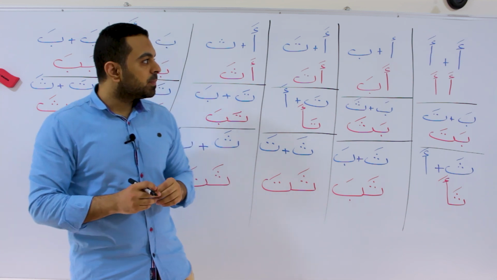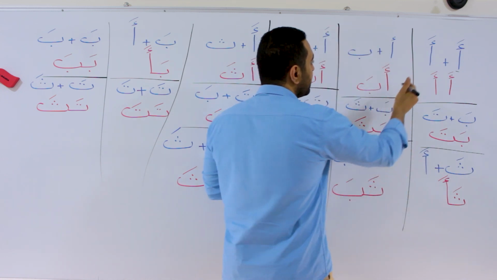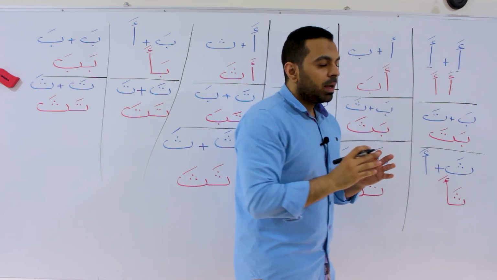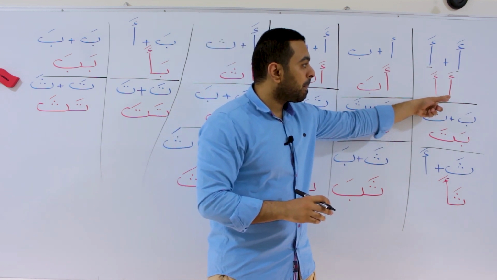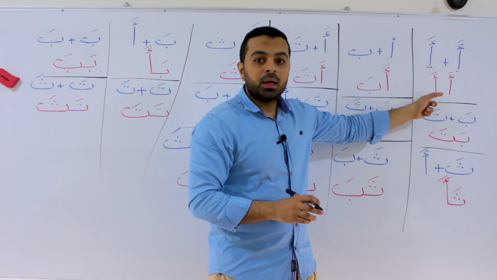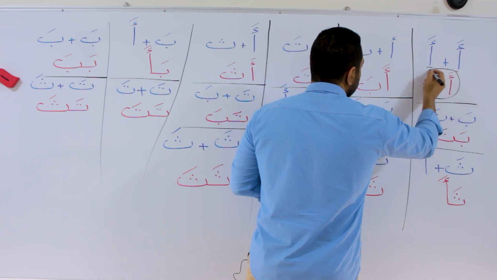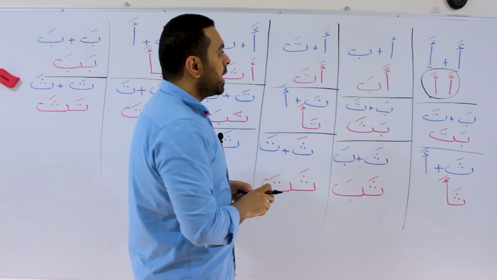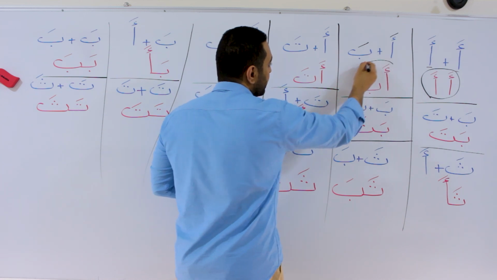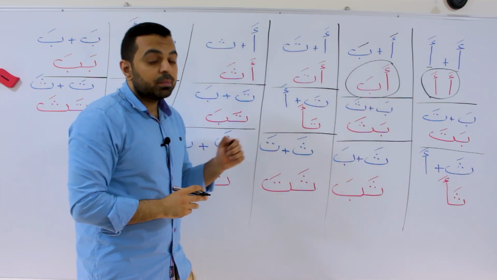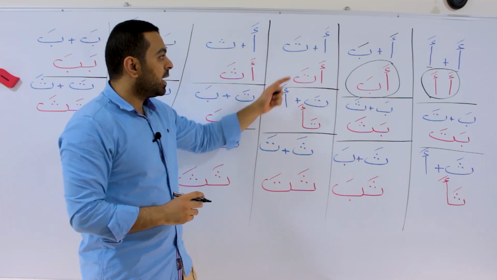Let's start to practice. Now, if I have a and a, and then I'm going to combine them together. That gives us a. So the first one, this one is a. Now, if I have a and ba together, that will give us, very good, aba, aba. Now, if I have a and ta, that gives us